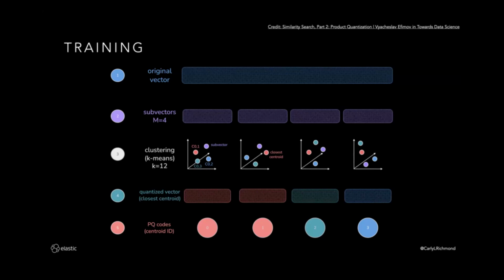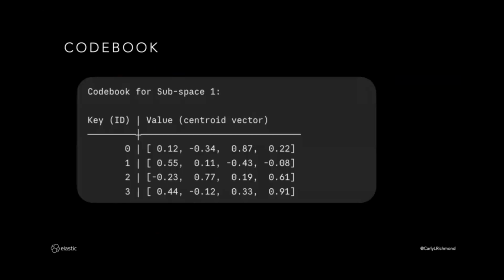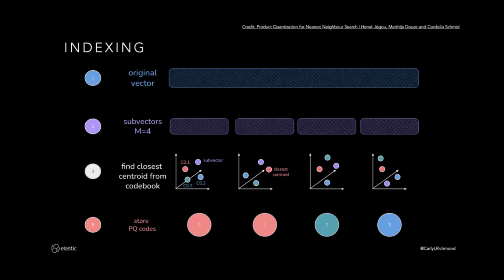Now, the bit that normally confuses people is that we are storing that quantized centroid, but we need to have a mapping table to what's called PQ codes. It's basically a glorified map like this. So you'll see this is an example codebook for one of the subspaces where you have a set of keys and a corresponding value. Does that all make sense so far? Awesome. Cool. Right.